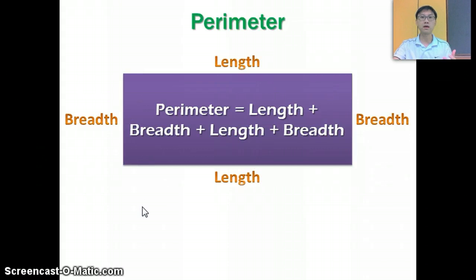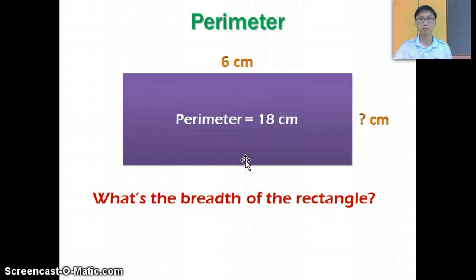For a rectangle, the perimeter is length plus breadth plus length plus breadth. So I have to add all four of these: length plus breadth plus length plus breadth. It's quite straightforward. Now, given this